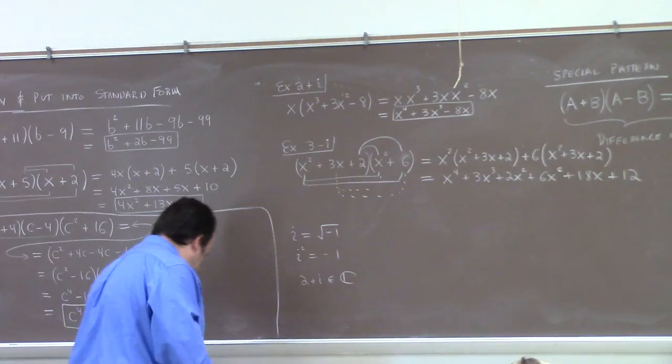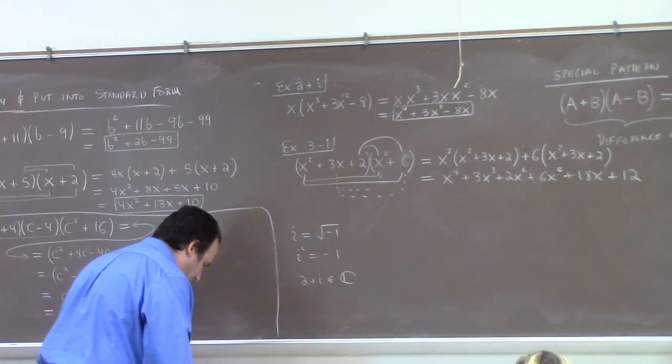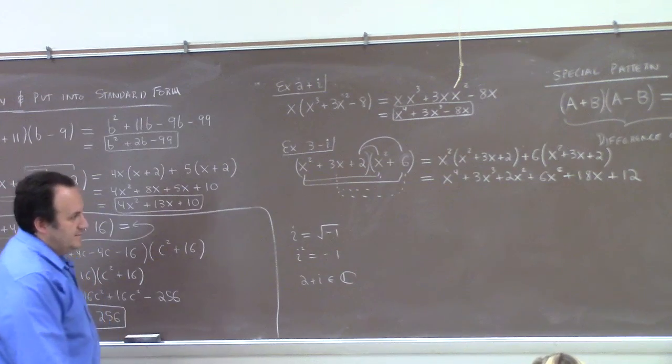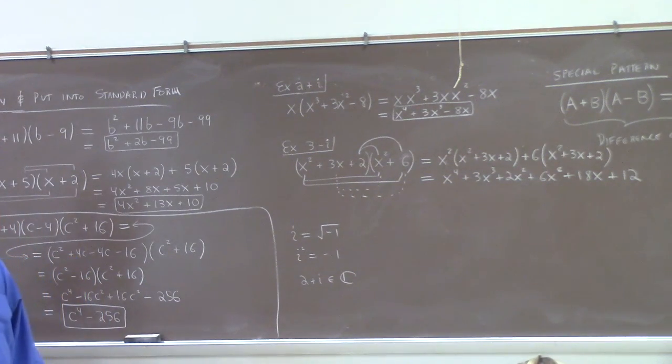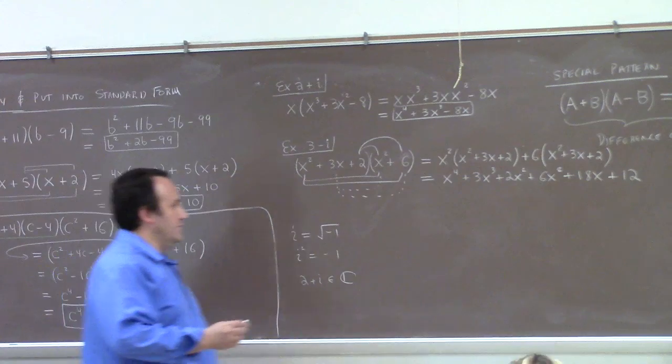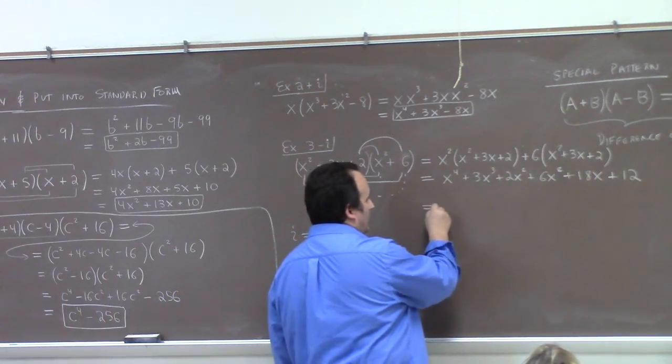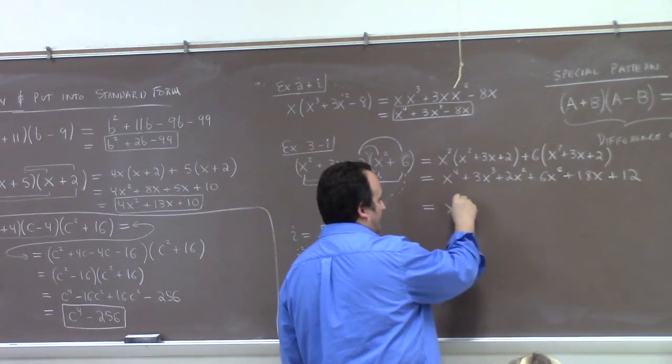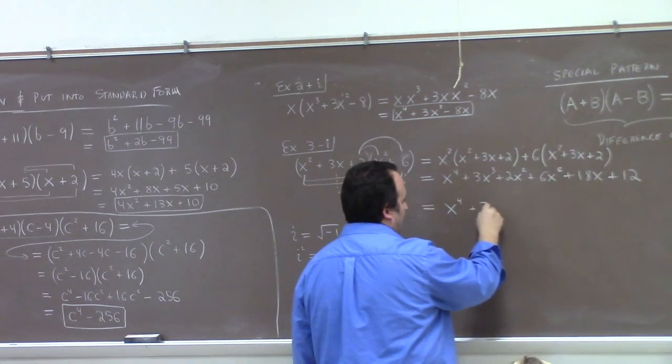Where'd that come from? Now we're not done yet, right? What do we got to do? We got to collect like terms. So we got x to the fourth plus 3x cubed